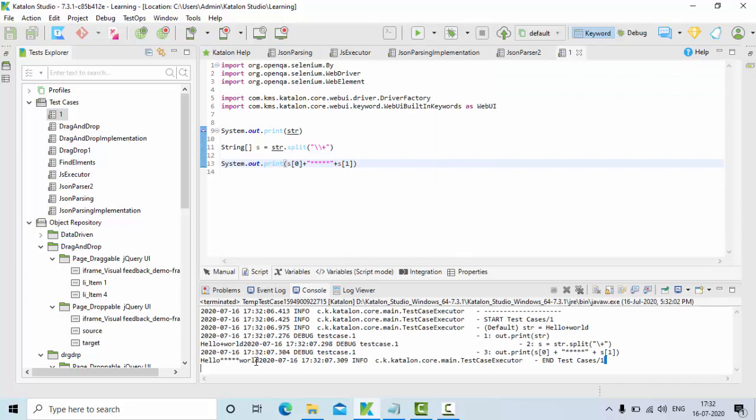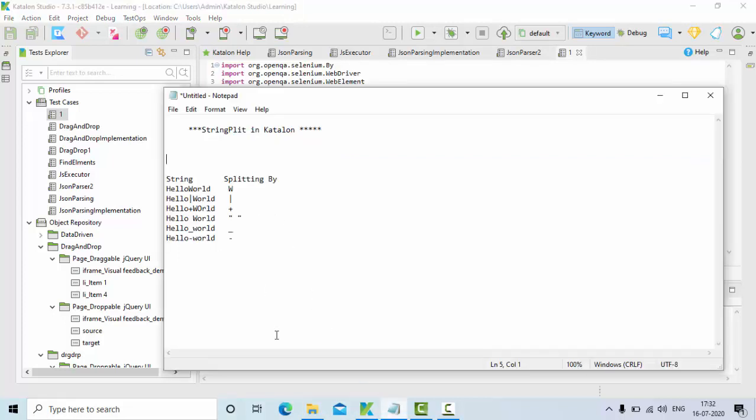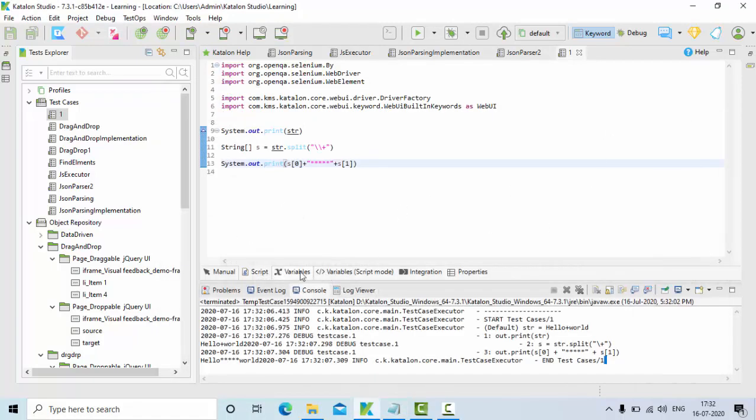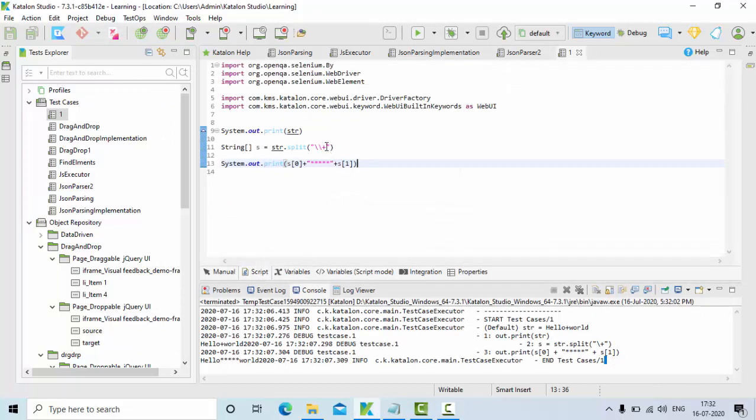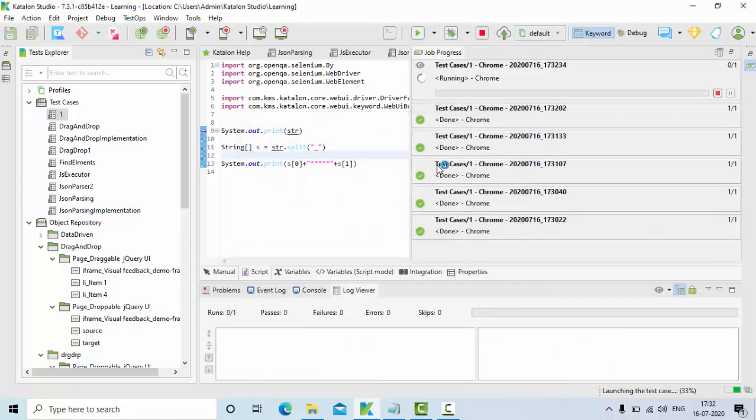So there could be a few exceptions, guys, so you need to try and see the output, and only then will you come to know. So these are my things, I showed everything. Now let's see one more thing. I have a space here, and now I'm trying to split based on underscore and see what will happen, since that character won't be there.